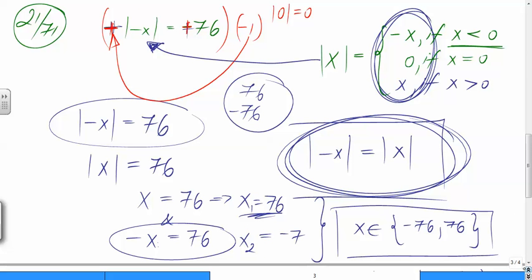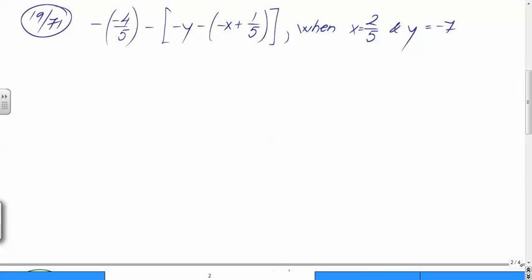Hold on. My computer is kind of lagging here, but anyway, next problem,